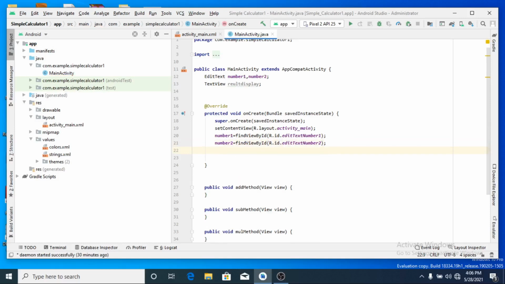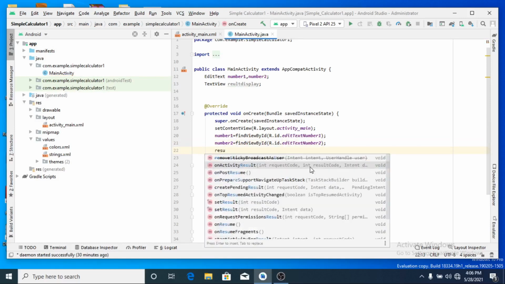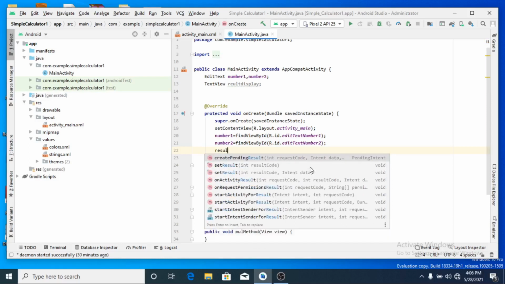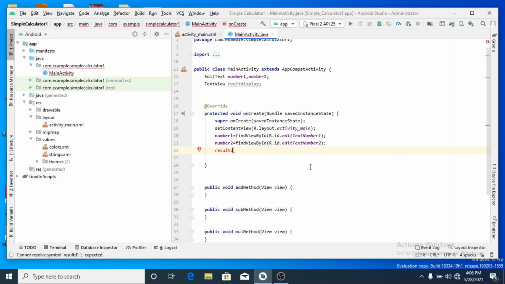Now the third one, our result display is equal to find view by id text view result.